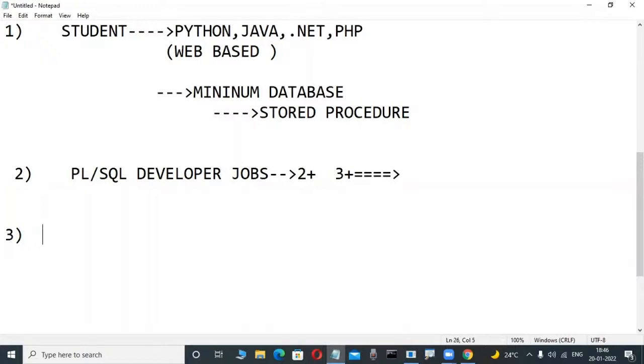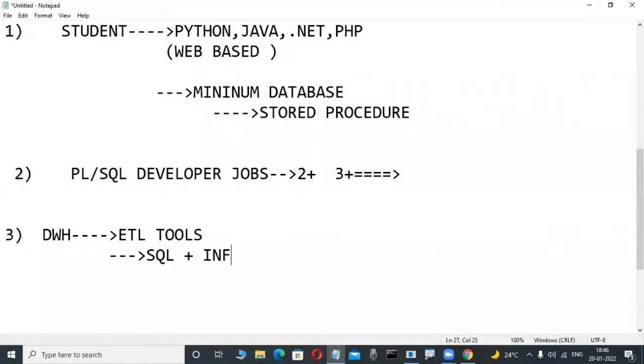In that case, one type of job is data warehousing technologies. In that, ETL programmers and reporting programmers are there. ETL means extraction, transformation and loading tools. These persons need a little bit of SQL knowledge. PLSQL is not required. If they have an idea of SQL, they learn the tools in institutes